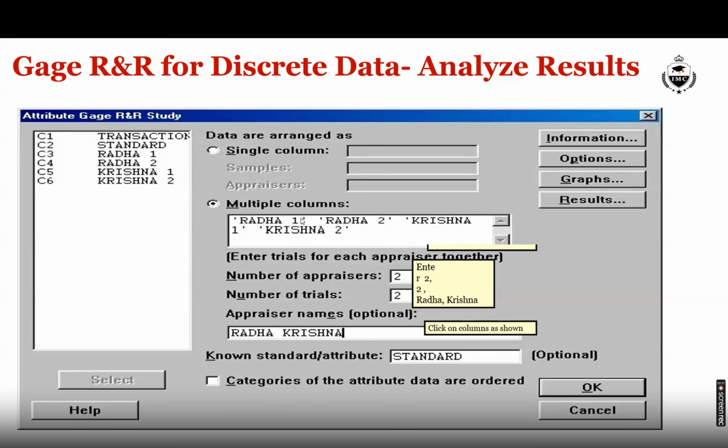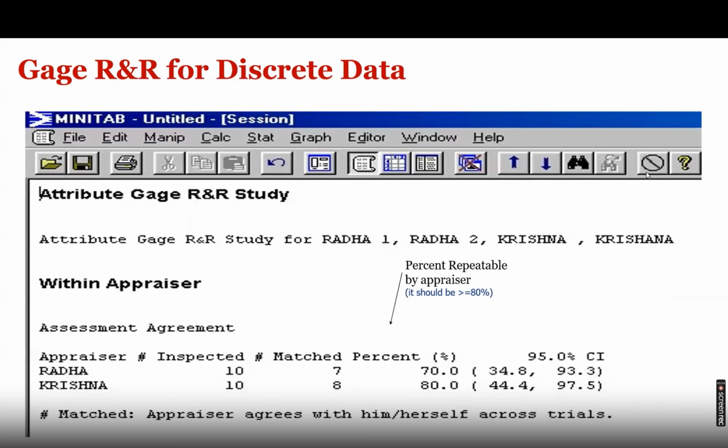In the multiple columns option, we enter all four columns, that is Radha 1, Radha 2, Krishna 1, Krishna 2. Number of appraisers should be 2, number of trials will be 2. Appraiser names, though optional, I would prefer to enter: Radha, Krishna. And in the known standard or attribute, please select the standard column from the left hand side. Click on OK, and then we will get the output in Minitab.